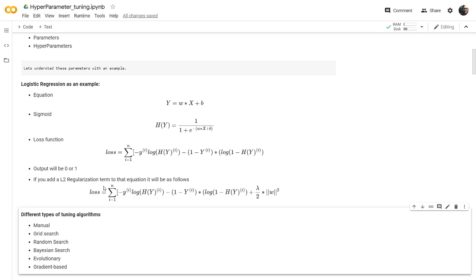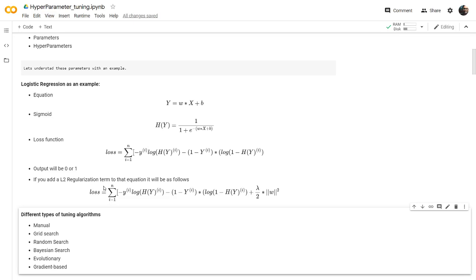So you'll be getting some probability, and then you'll be finding the loss of your algorithm. Here the loss will be log loss. In the log loss formula, you can see the sum over all the inputs of minus yi into log of the probability. Y here is the actual value. We are just talking about logistic regression, so it will be binary classification.